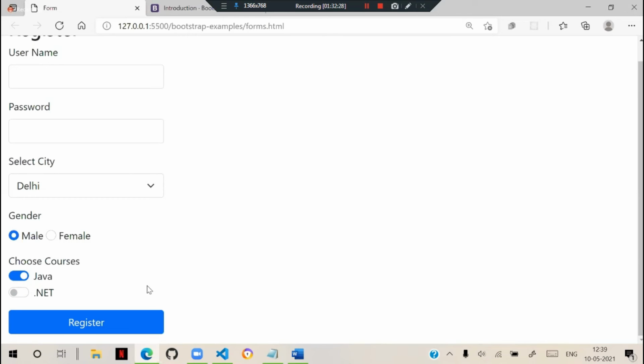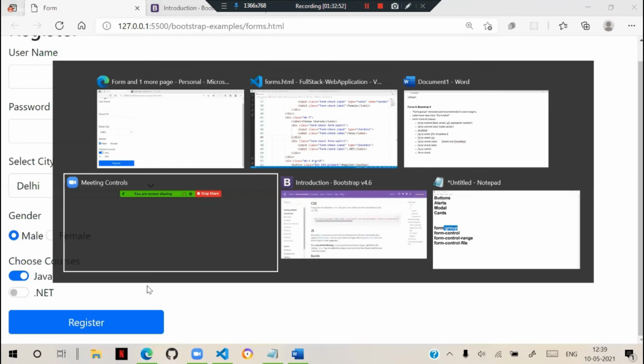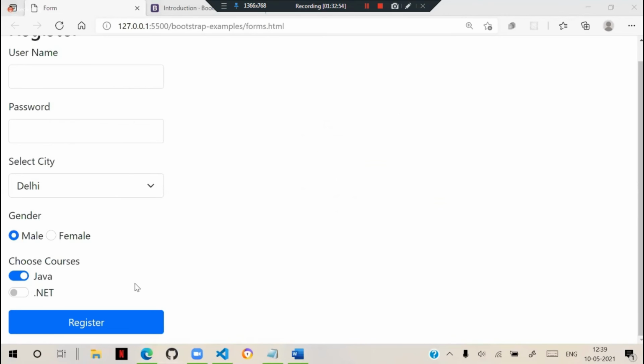We can keep it checked or unchecked and define them. When you are dealing with checkboxes and radios, these are the basic options. You will see these regularly on several websites nowadays. These are switches; in early Bootstrap versions, we don't have them.